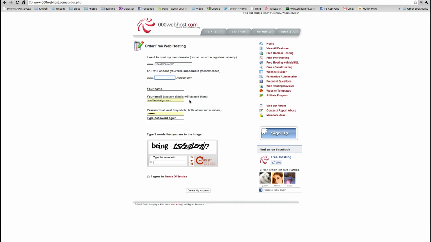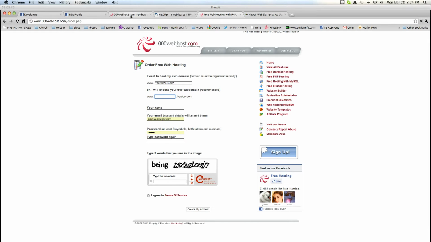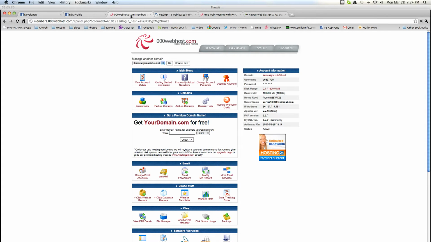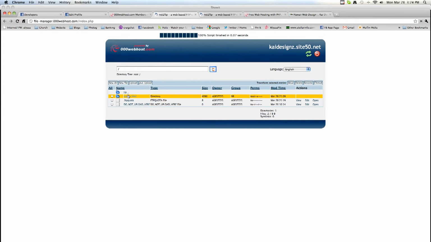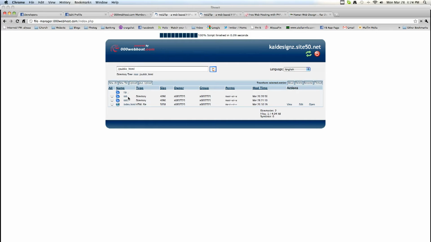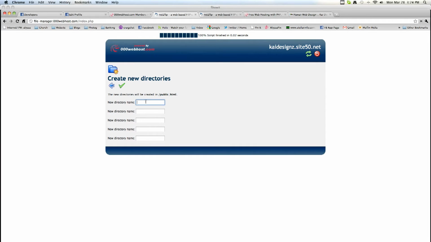And then once you get past that, you go through the check with your email address, you'll get to this page. This is your cPanel. In your cPanel, you will see files, and you'll see a file manager. In your file manager, it'll come up with a public.html folder. You'll click on the public.html folder, and then you'll create a tab, and I've already done a few here. I'll create a new one for the purpose of this one. And I will call this one Portfolio,